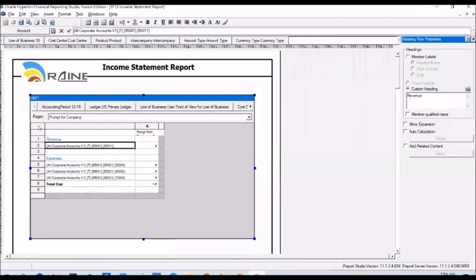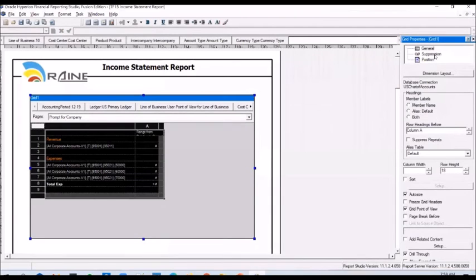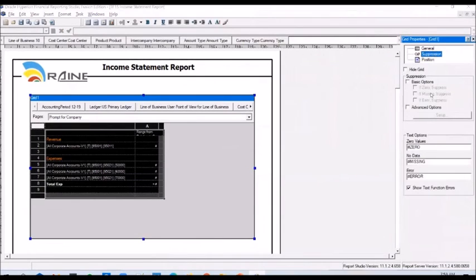So at the grid level, you can configure. If you select the grid and click on suppression, you will be able to see the options, or you will be able to set the text options here. If you don't have any data for a particular account, it will be displayed as #Missing. So if the client is not okay with this, if they want to see a different text, say for example, no data found or something like that, you will be able to change it here.